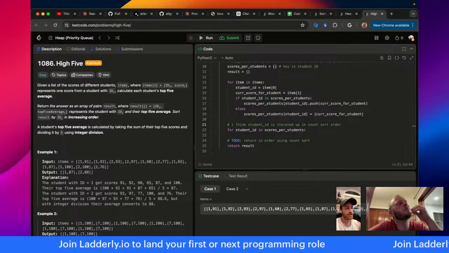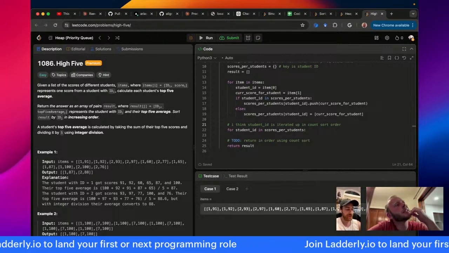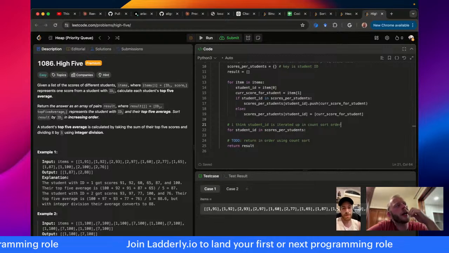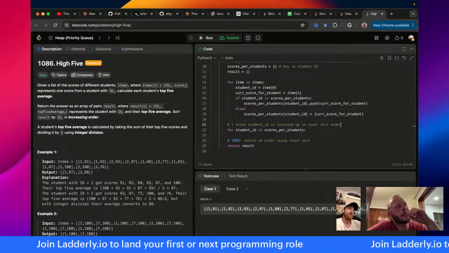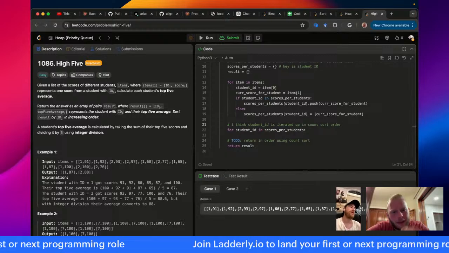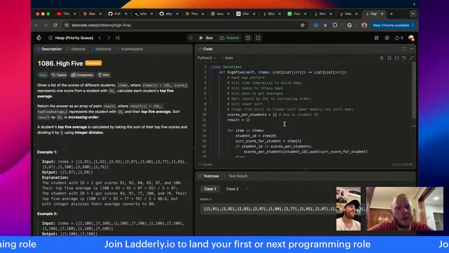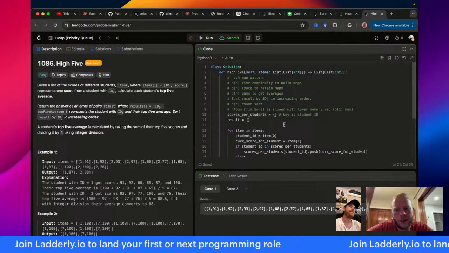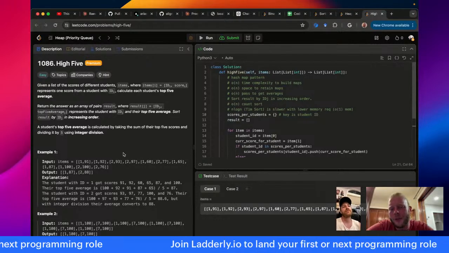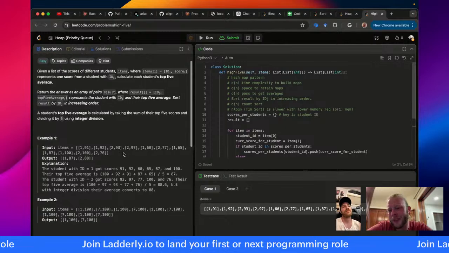Yeah, it's like a lambda function you use with the dictionary, but there's 50 different ways to do it. And why would I not do that? So that's going to take me n log n in the dimension of the key length. So what's my key length here? My key length is my number of students, which is a constant multiple of my number of items. So it ultimately is an n log n solution.